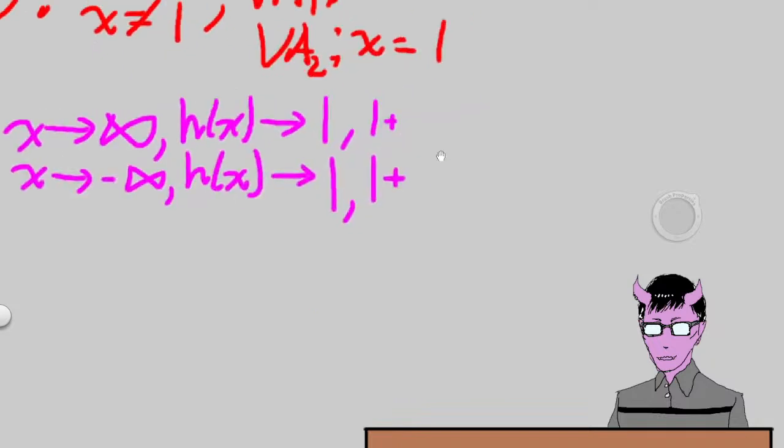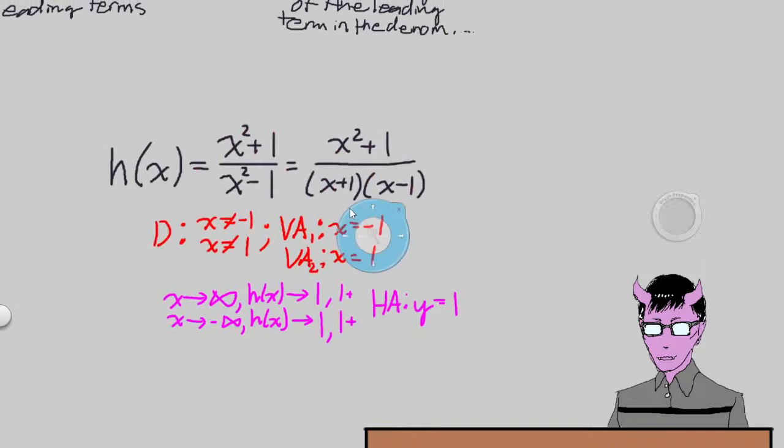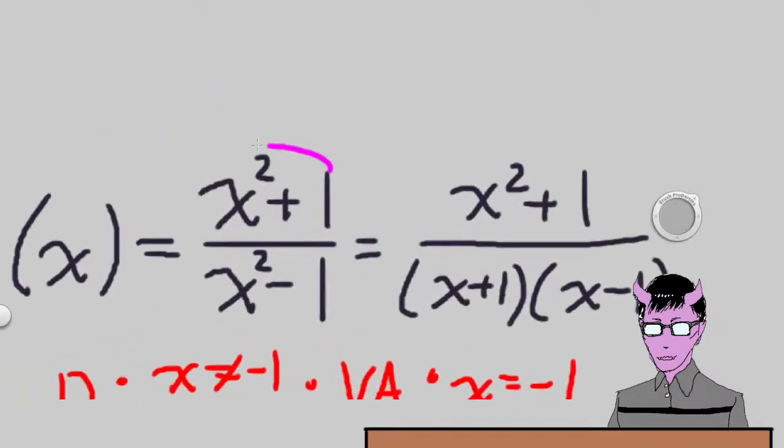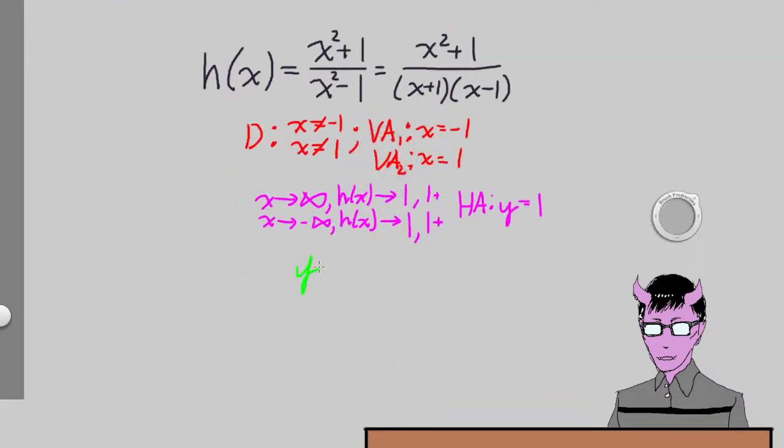Alright. Again, since these two are in agreement, then we could summarize that the horizontal asymptote is y value equals 1. Do we have any x-intercepts? No, we don't. But we do have a y-intercept. If we plug in 0, 0 right here, our y-intercept, we might as well write that down. So if we plug in 0 here and 0 there, then our y-intercept